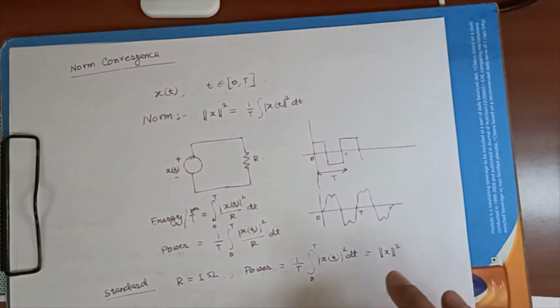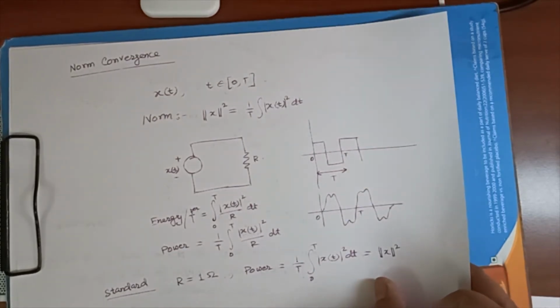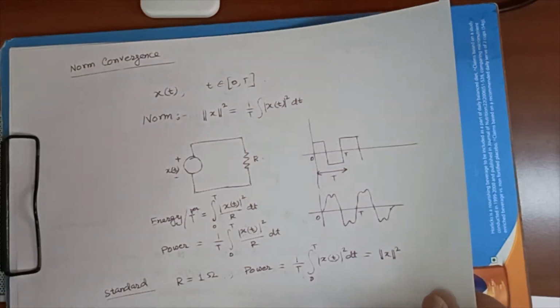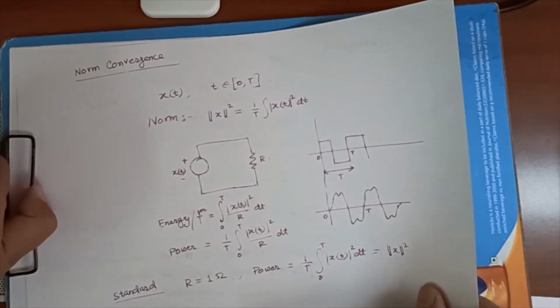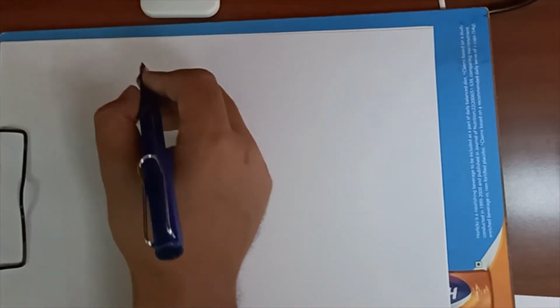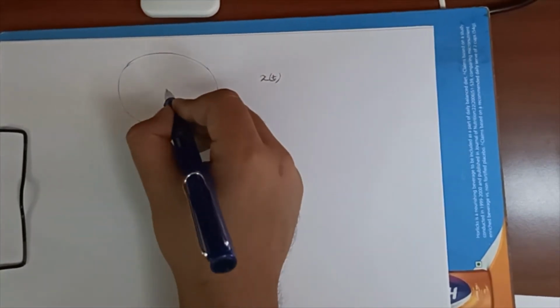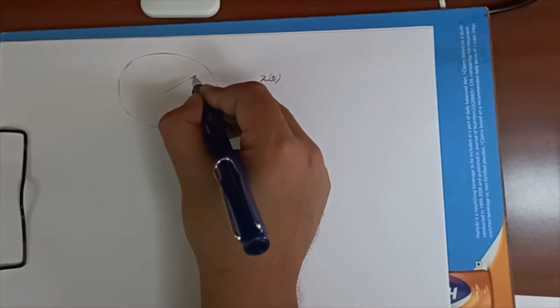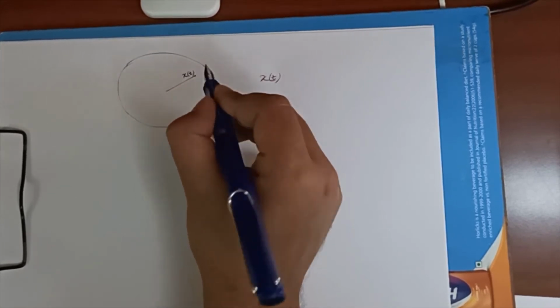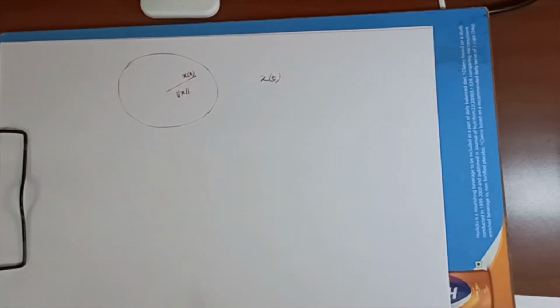So this norm square we can use in that decomposition problem, in the orthogonal basis expansion problem, and we will apply the Pythagoras theorem and we will get something really interesting. Let us see. So this Hilbert space of x(t), and we are assuming that this is some vector x(t) whose length is essentially the norm of x. So that is the length. The square is the norm of x whole square.